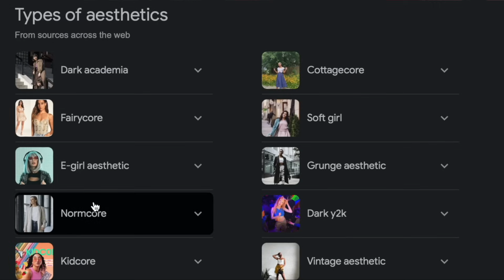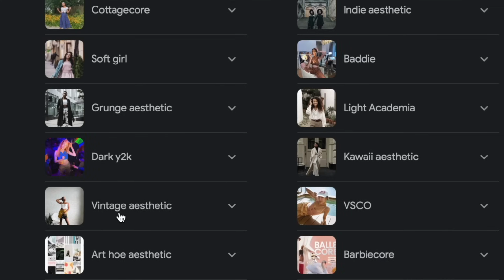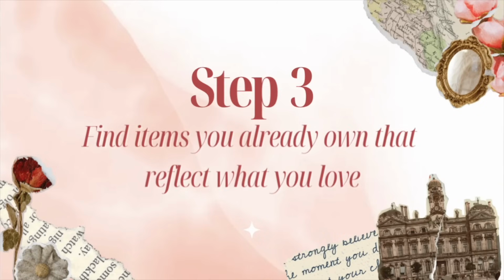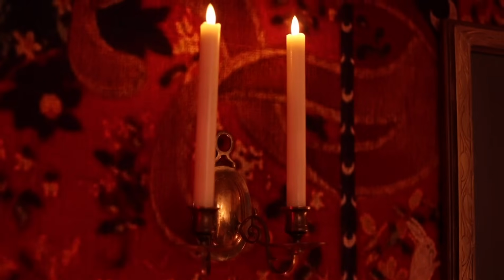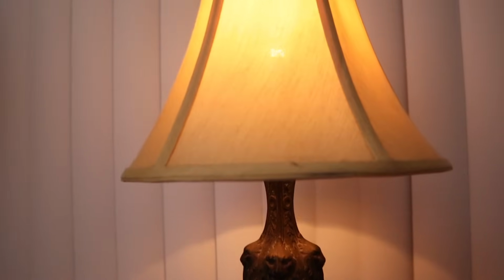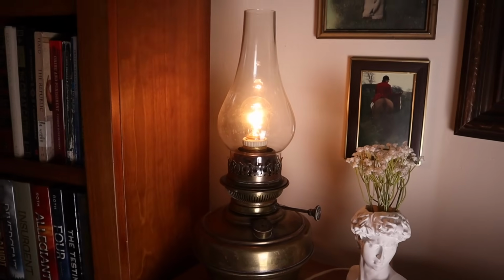If there's an aesthetic that is based off of one of your favorite interests, I highly recommend looking up that as well. All right, so step three is to go through your home and see what items you already own. That's important. That reflect your interests, that reflect the things that you absolutely love. So look for things that inspire you, that have sentimental value, or that tell a story based around that list